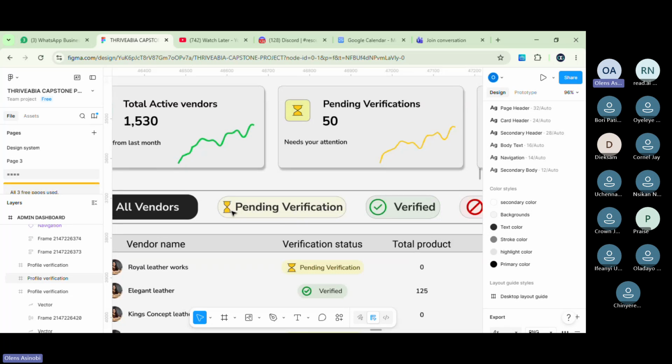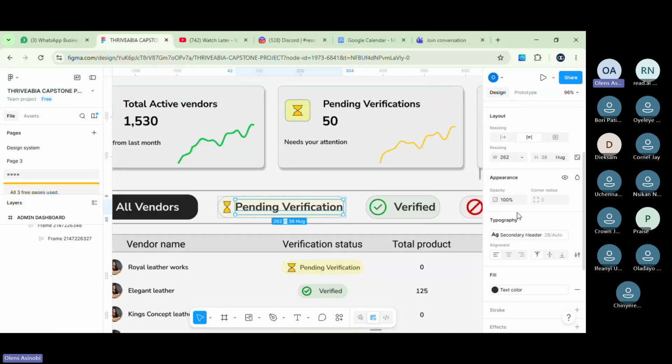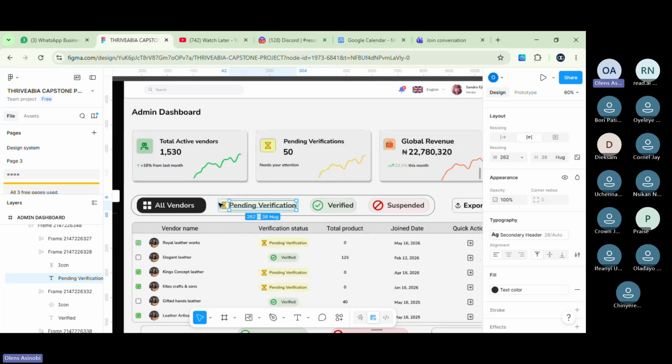But you added icons, and they said with great power comes great responsibility. As you add icons, I will also look at the icons too. If the icons were not there, I would pay no mind. And then I see no reason why you would be using secondary header for this section. Why now? That's why it's too big. Why did you use secondary header for this section? I want to know. What was your idea thought? Why did you guys use secondary header for this section?